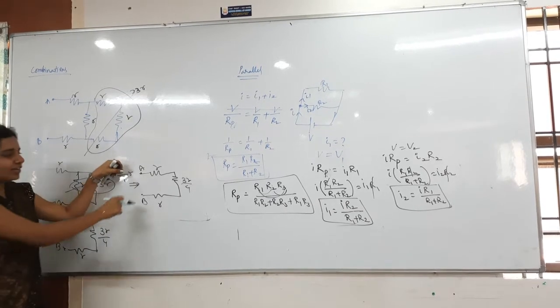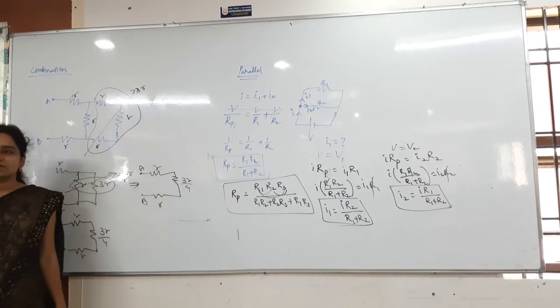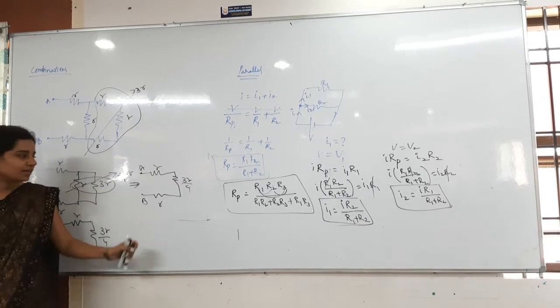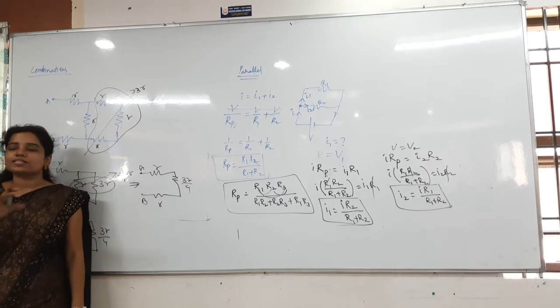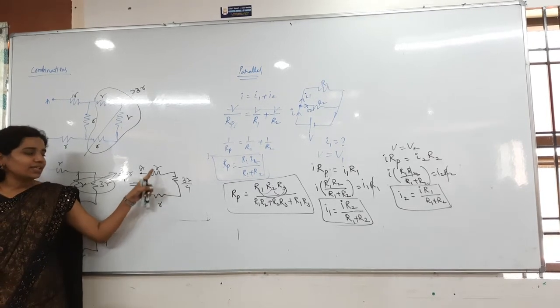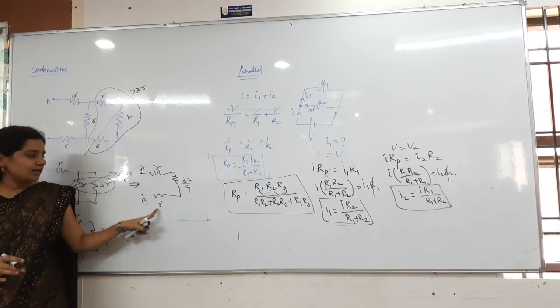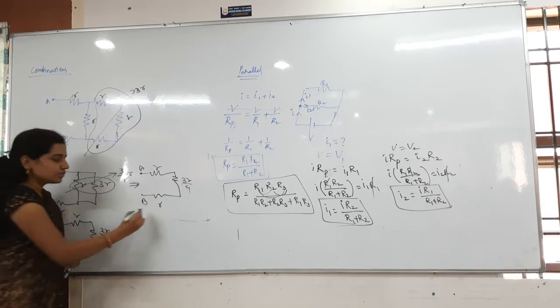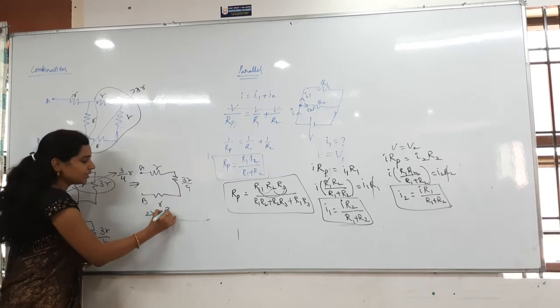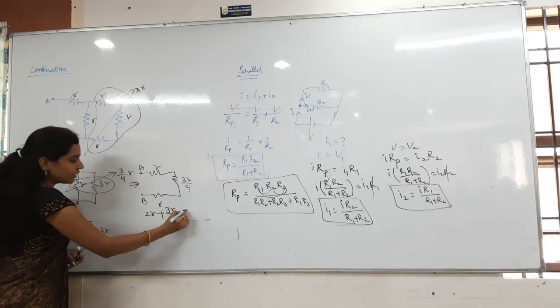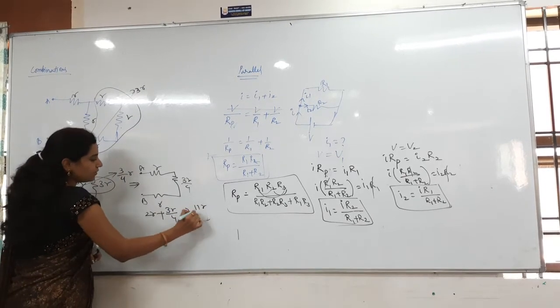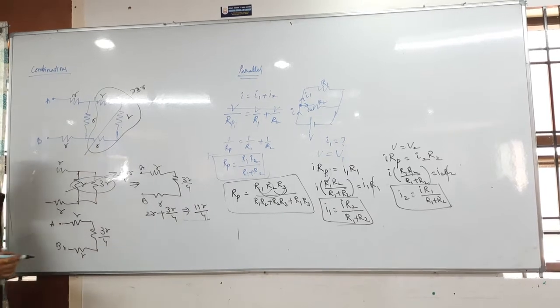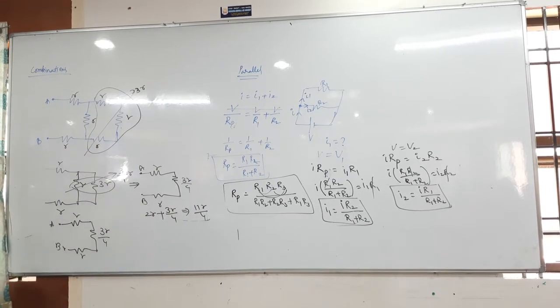Now here I will just open it. Then which combination is this? Series combination. So you don't do R plus 3R/4 plus R combinations and all LCMs and all. First of all, take the easy one. Here R and R is how much? 2R. So 2R plus, what is remaining here? 3R by 4. Then that will be how much? Yes, 11R by 4. That is the correct answer. That is the effective resistance.